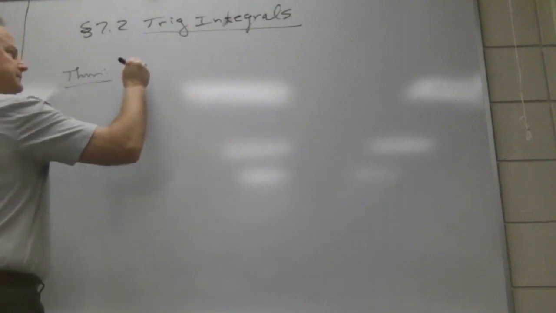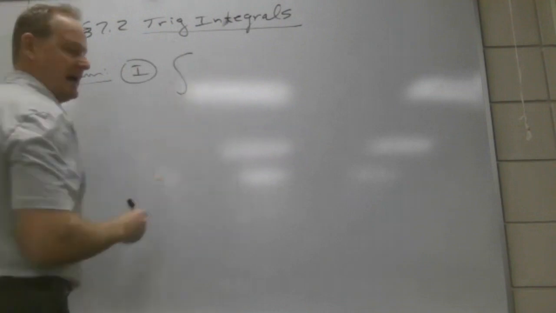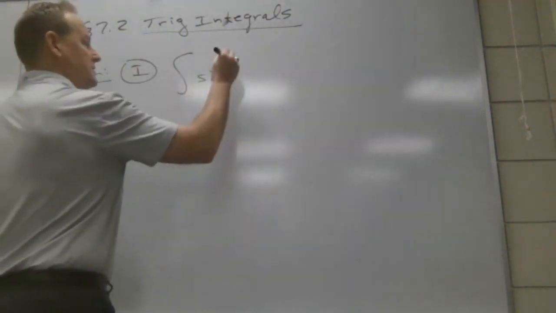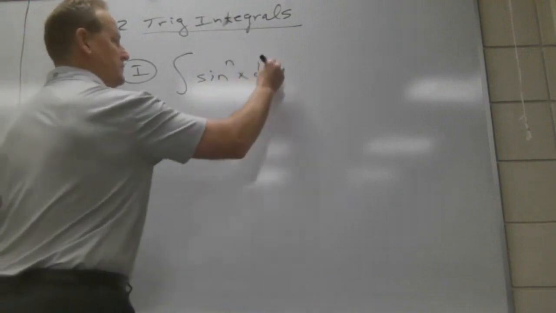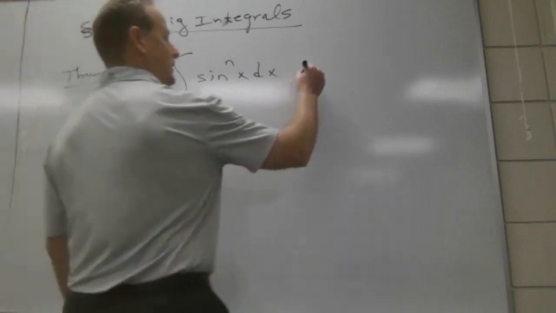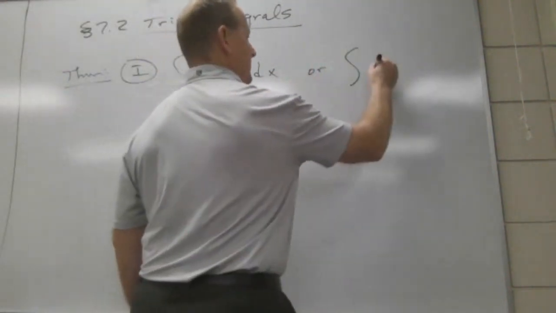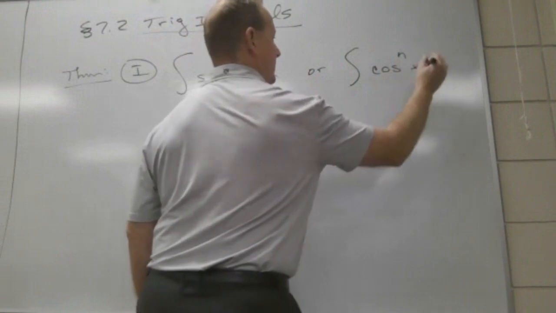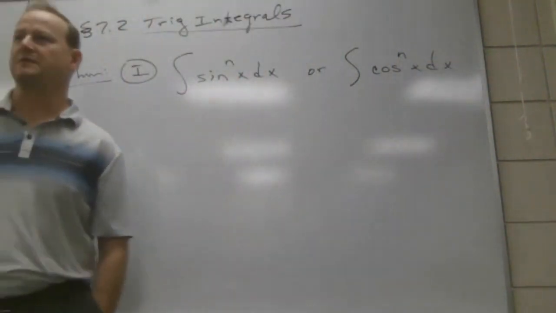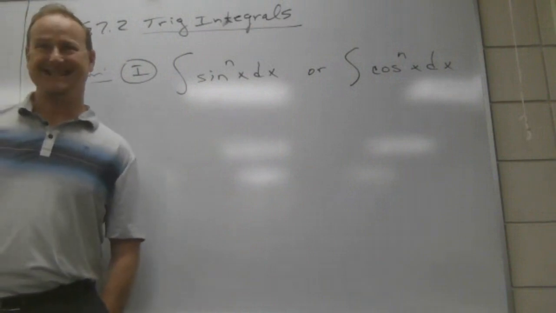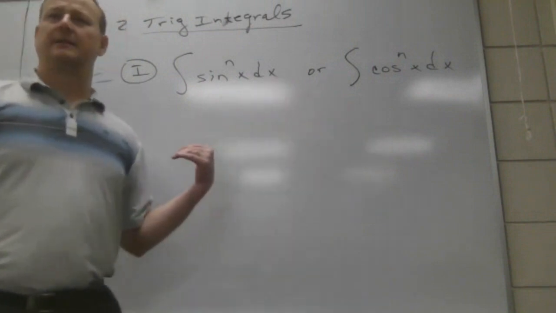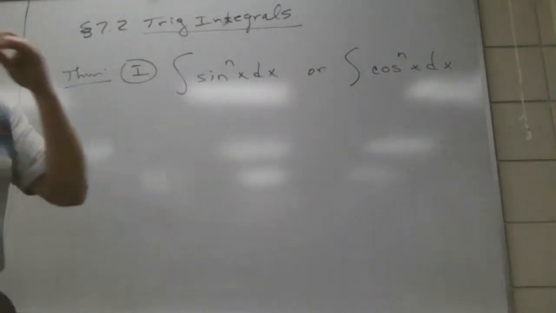For case one, I'm going to have the antiderivative of sine to a power, so sine to the nth power of x with respect to x. The question is, what are we going to do here? Or we might have the antiderivative of cosine to the nth power of x with respect to x. So we know how to do it if it's just the integral of sine x. The integral of sine is what? Minus cosine, because the derivative of minus cosine is the opposite of minus the sine, which is sine,